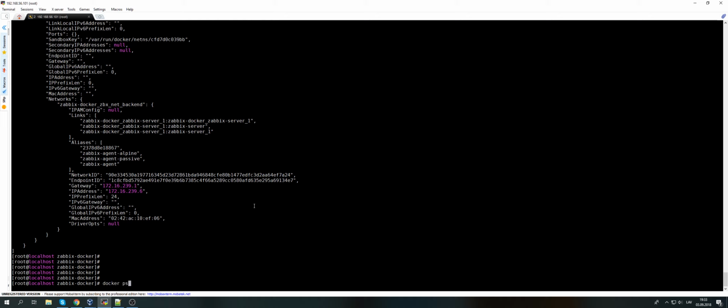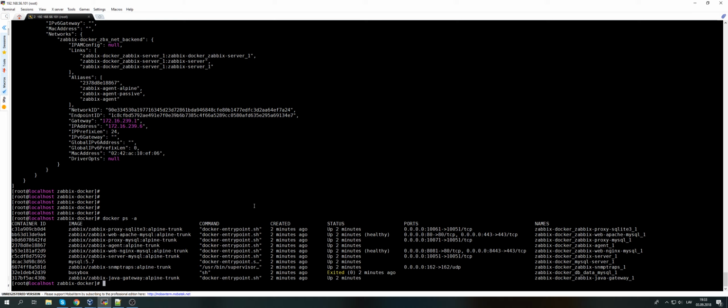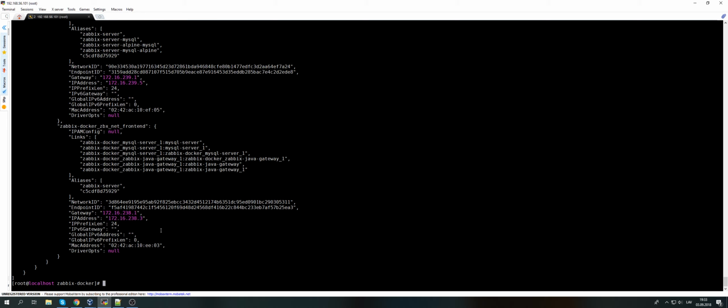First of all, again, we need to find out the IP address of the Zabbix server. So docker ps -a. Pick up the Zabbix server MySQL alpine trunk server. Again, pick the container ID, docker inspect, paste the container ID, and you will find IP address. Then,